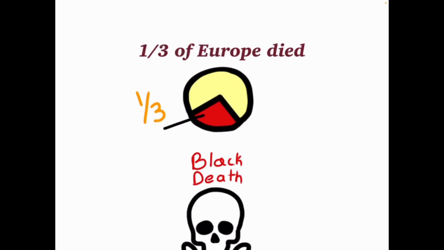Could you even imagine 1/3 of the people in America dying? That's insane. So 1/3 of the people of Europe died within the time period of the Black Plague. Now, don't think of this as within a year. It's over years of time of this happening, but still. But it wasn't just 1/3 in all locations. Some places it actually killed more.